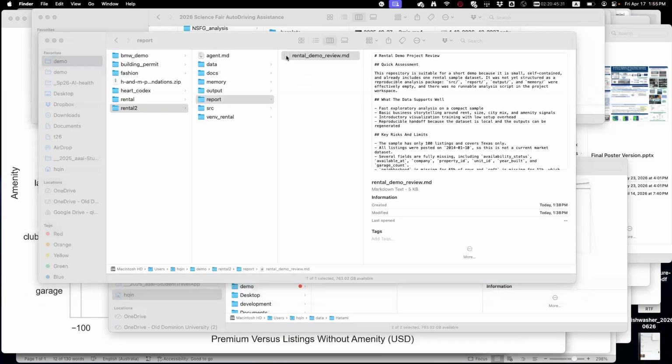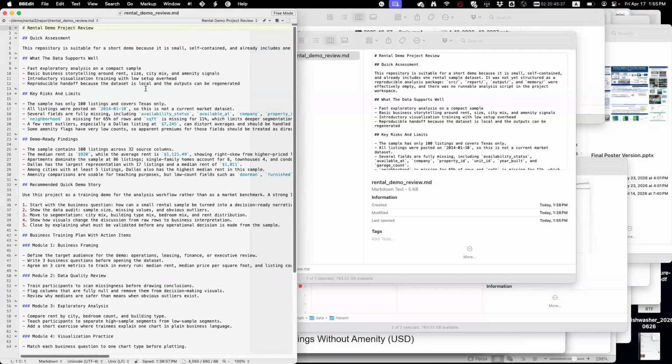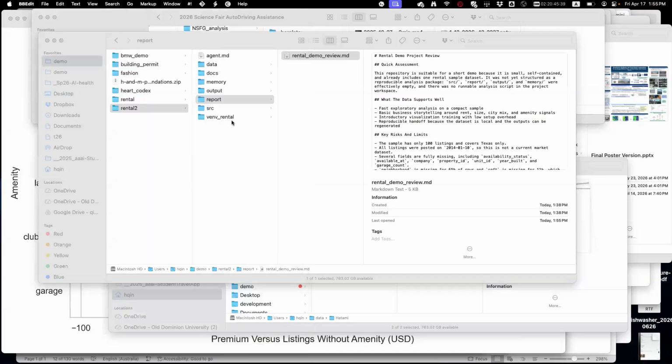It even generated a review report. I'm not sure who generated this one. You actually can ask it to generate a work report with figures.